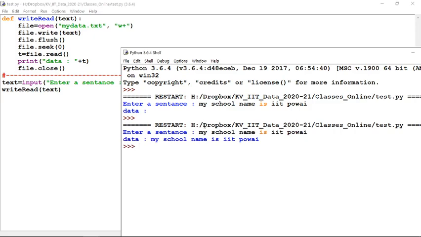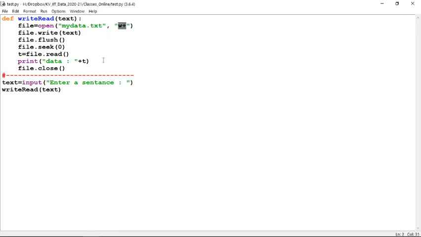What is happening? After writing all the data, your program counter moves to the end of the text file, and by putting file.seek(0), your program counter moves to the start of the file, that is the 0th byte, and then starts reading from there. This is a simple way of using w+. So take care when using w+. No separate read mode is required, because this mode itself carries writing and reading.